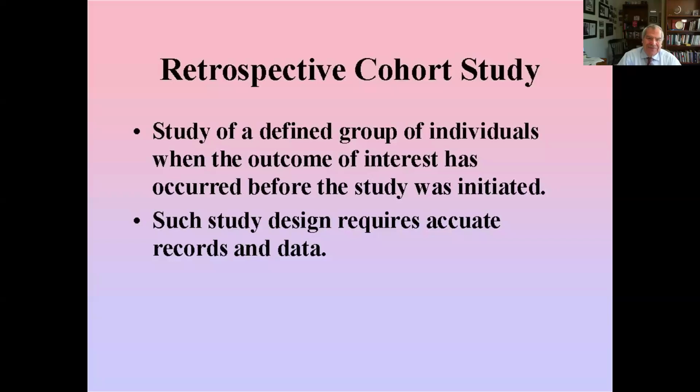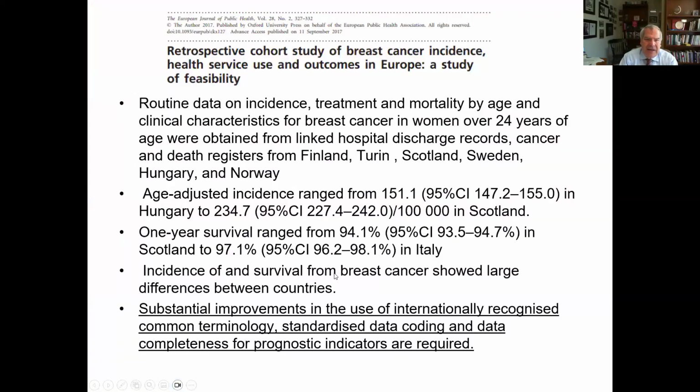We also have, again, we'll fix the nomenclature, but what we would say is the retrospective cohort study. Again, looking at this as a defined group in the same manner, but this does require accurate records and databases, as Dr. Weber and Dr. Welton have both indicated. It requires this good piece. In this particular study, this is looking at cancer incidence. So this is a database that allows one to calculate cancer incidence, and therefore